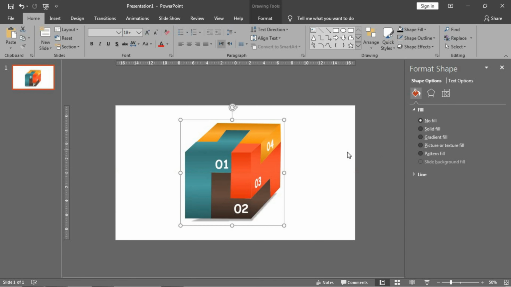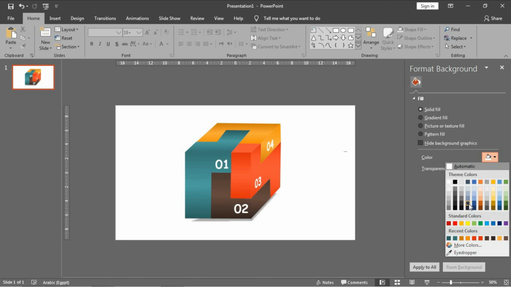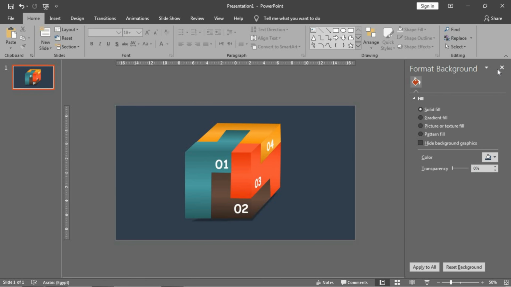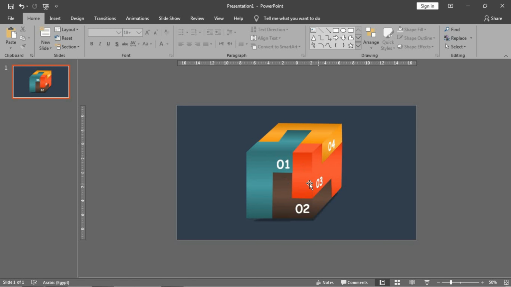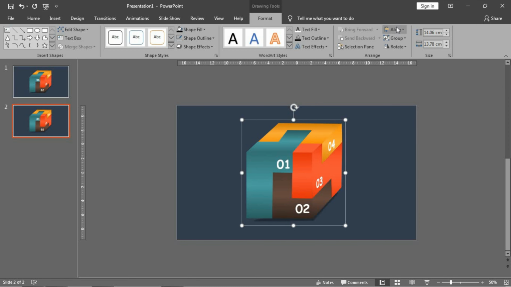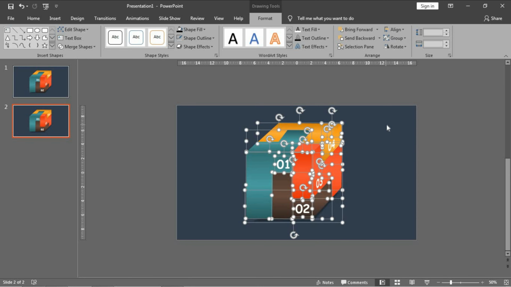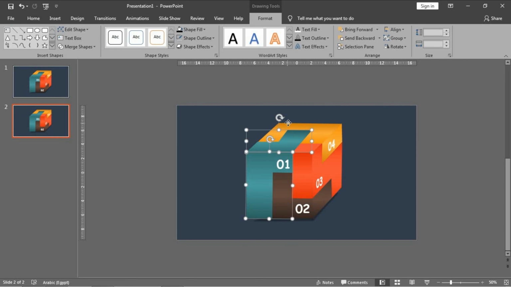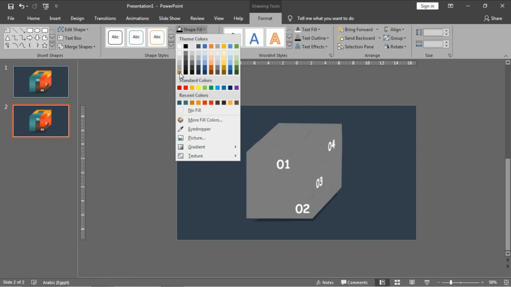Control G, change the background color to this and you will have this shape. Okay, to make our project I will make another copy of this slide by pressing Ctrl D, then I will ungroup all of them. Okay, I will choose all these parts or shapes to give them a dull color to appear as off shapes. I'll give them this color,